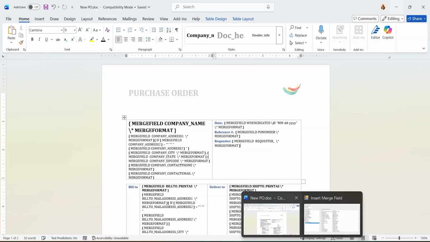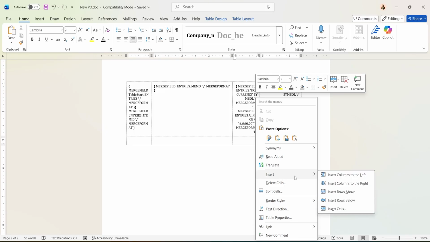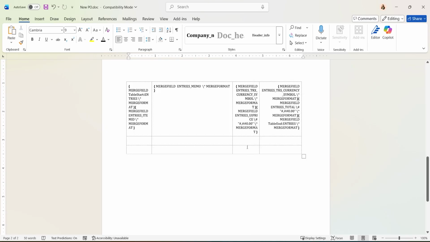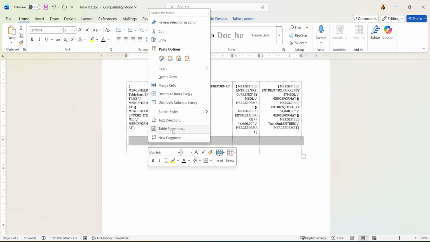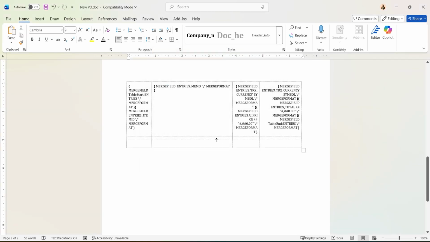I'm gonna go back into my Word document, and I'm going to add my total right here. I like some space, so I'm just gonna insert a row below, and then I'm gonna make this row a bit smaller. To do so, I could just highlight this, right click and go into table properties, select row. And so right now, the specified height is at least this, but I want to make it smaller, and I'm going to use exactly. So you see how it shrank that, and you could just play around with it. Now I can actually manipulate it a bit more.